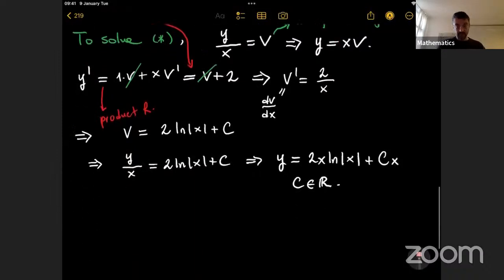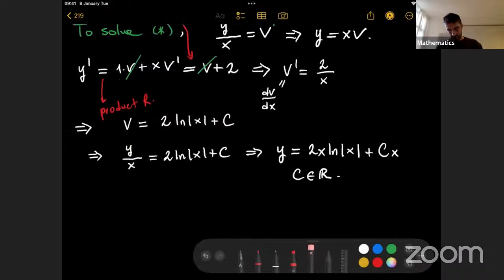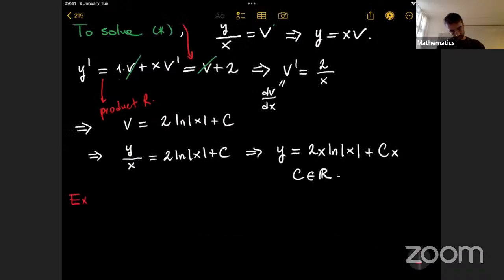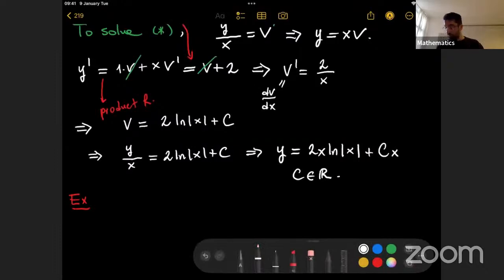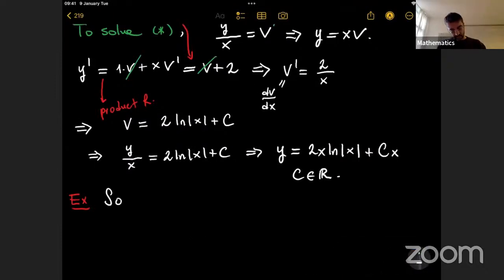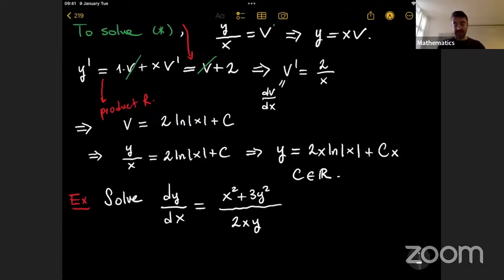let's do another example. So let's solve this one. dy/dx is equal to x squared plus 3y squared over... First of all, this is not a linear equation because we have y squared, right? When you have y squared, it's not linear anymore. So you cannot use an integrating factor and those sort of things. And it's not